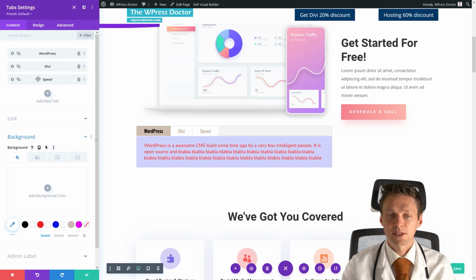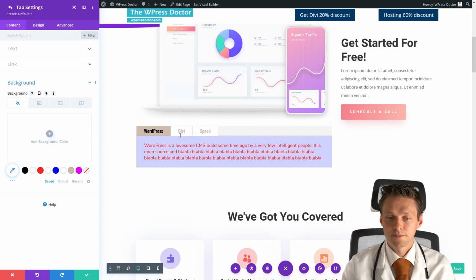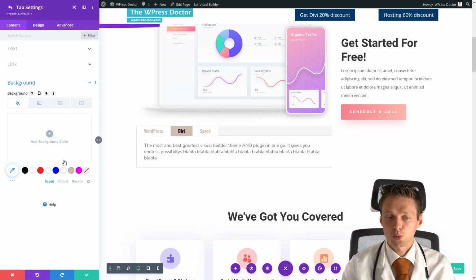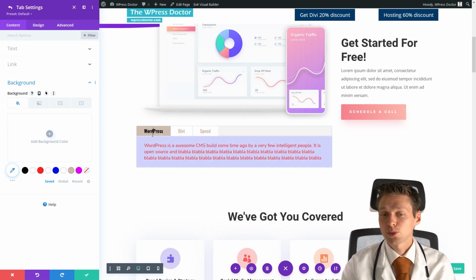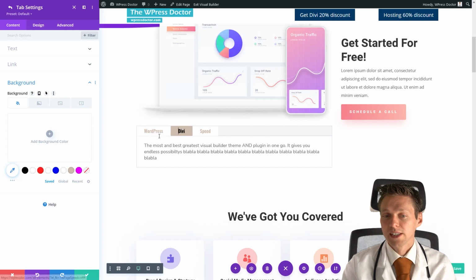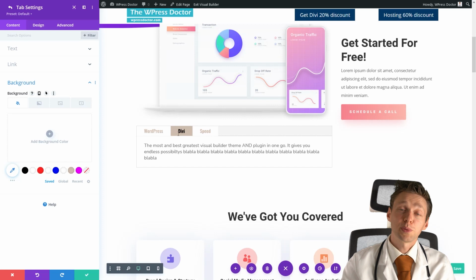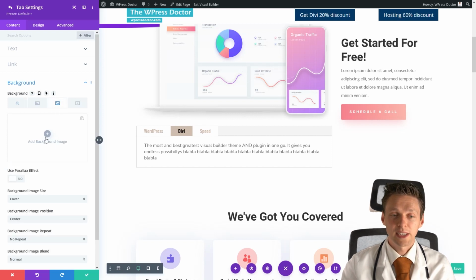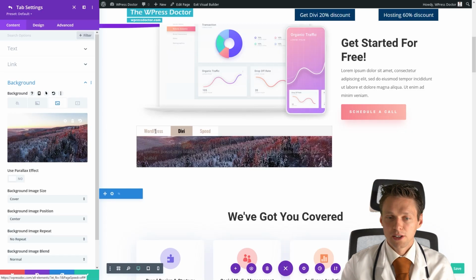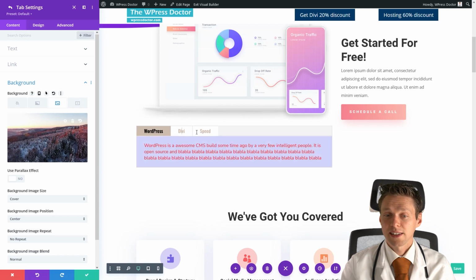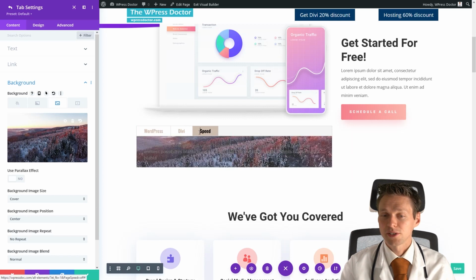And now when you go to the other one, this one is not affected by the changes we did in the WordPress version, not in the other tab about WordPress and not about the Divi. So it's pretty cool. You can change anything you want. You can actually add a background image. So you can see what happened. You can actually add images on the background of your tabs.